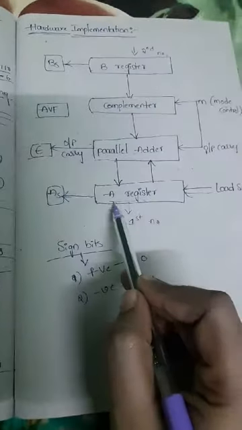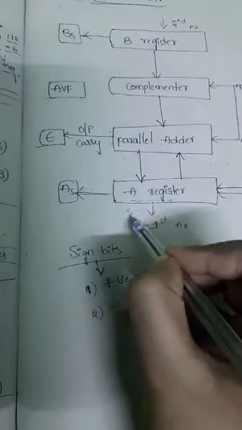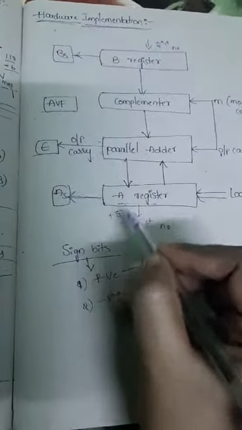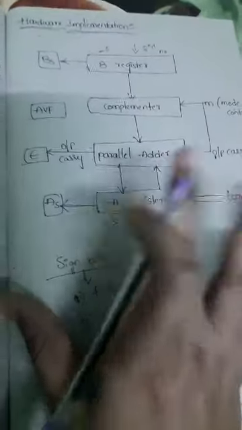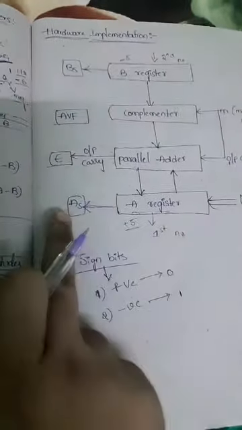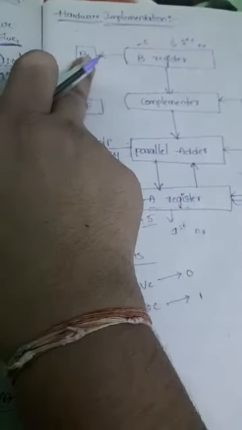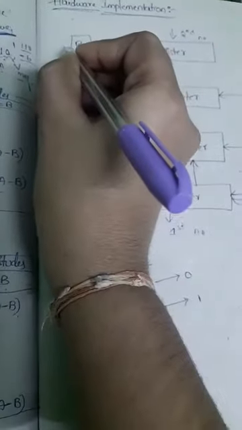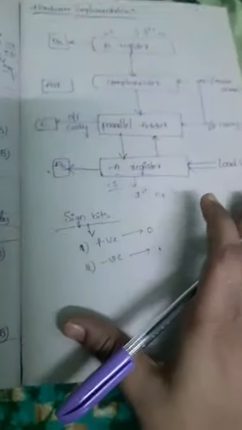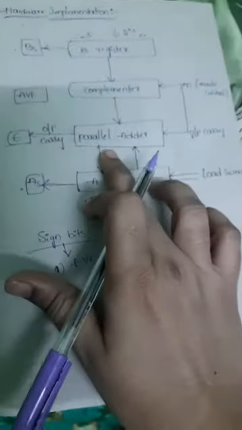For example, imagine the A register consists of the number plus 5 and the B register has the number minus 5. Then the magnitude 5 will be stored in the A register, and the signs, plus and minus, are stored in AS and BS. Plus we store in AS and minus we store in BS. Plus is represented by 0, so 0 is stored in AS, and 1 is stored in BS for negative. Like that.